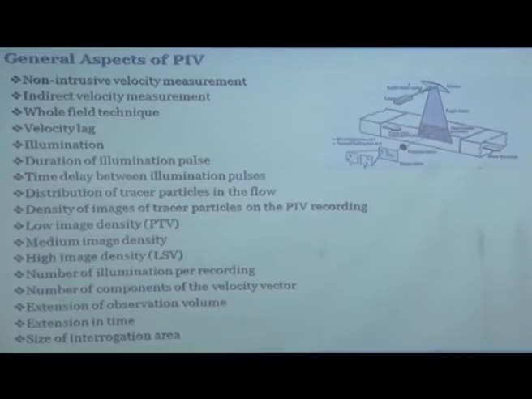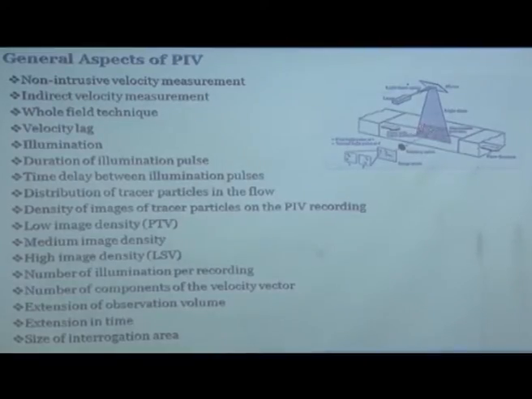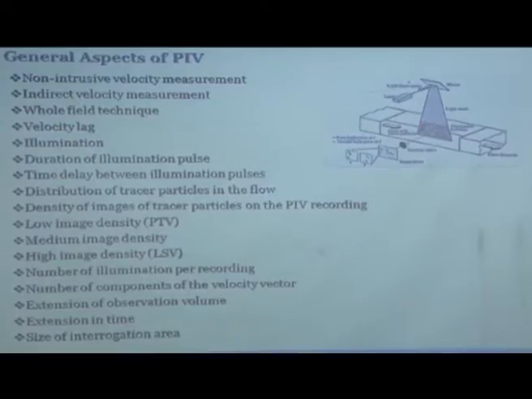So, in this flow field, if I am interested in only finding out the velocity in this small zone, I do not need to do the calculations for everything, because it is going to take a lot of computing time. I can just ask my computer to calculate only the small area. So, it is a whole field technique where you can recall a small area of interest for further processing. Suppose tomorrow I am interested in this area as well, I do not need to repeat the experiment. The same image, that particular section can be used for interrogation again.